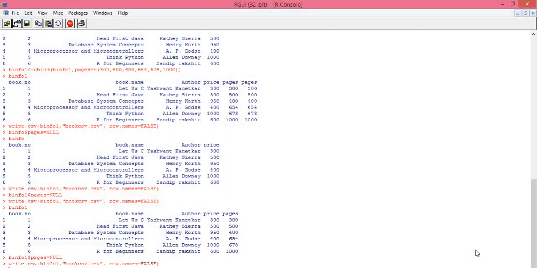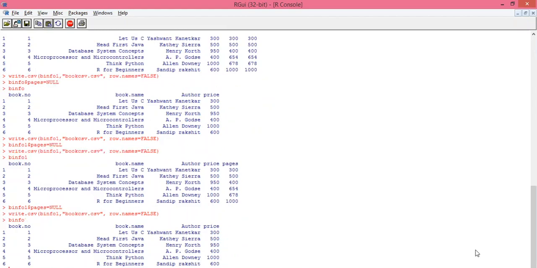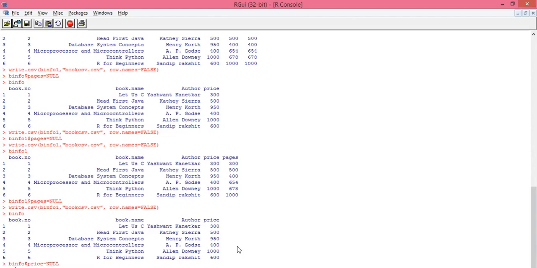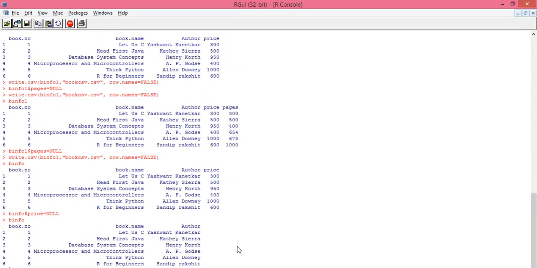Now let's delete some column or some data from the data frame. Here I have a data frame called binfo, which consists of 4 columns: book number, book name, author and price. Suppose I am deleting this price column: binfo dollar price equals NULL. I am deleting this column. Now my binfo data frame consists of only 3 columns: book number, book name and author.